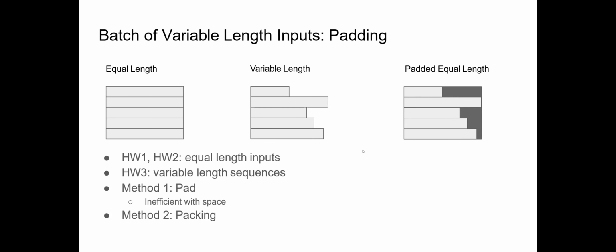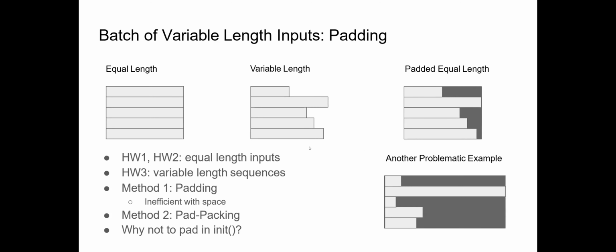This is the first method we can handle this with. What happens with this is, basically, if one of the utterances is too long,